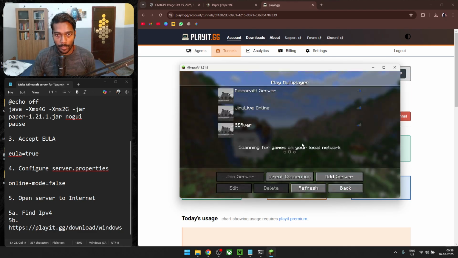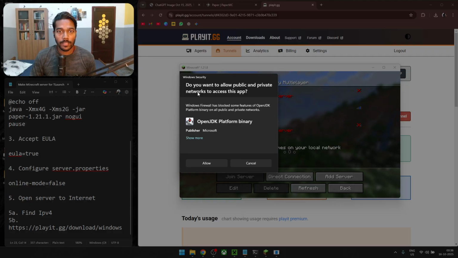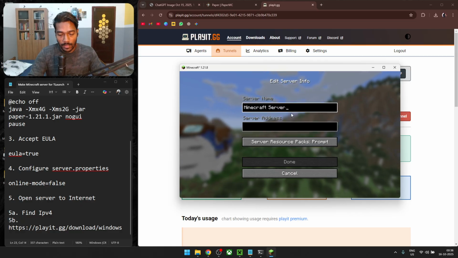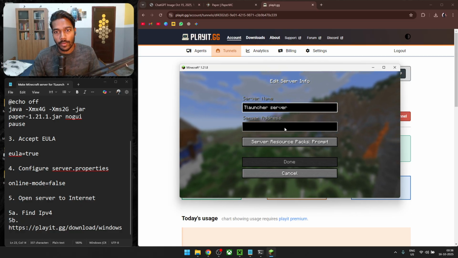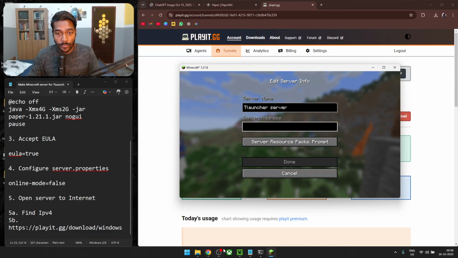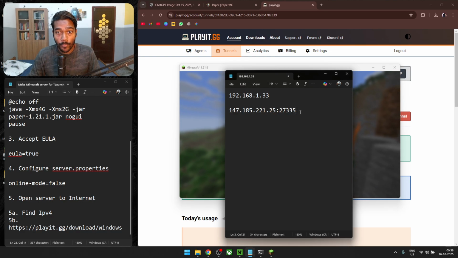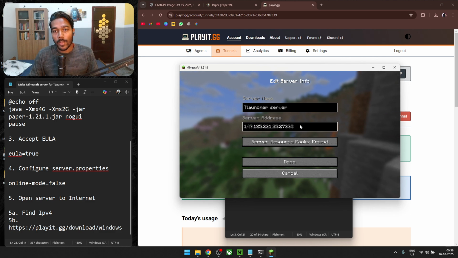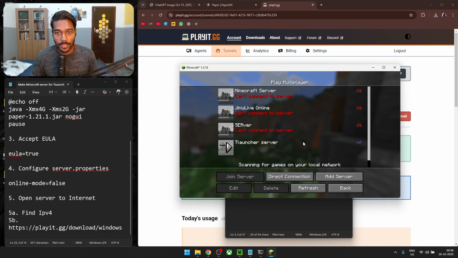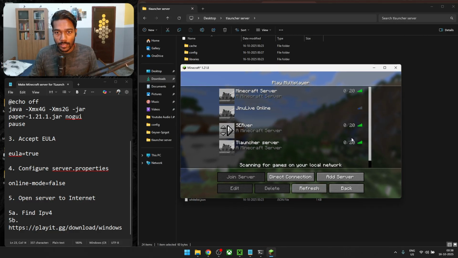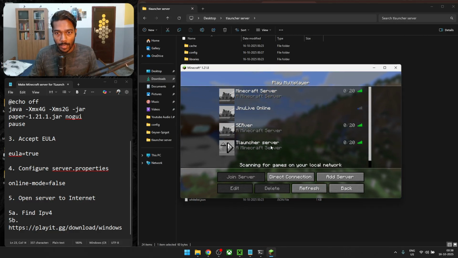and here we need to click multiplayer. So if it's the first time you are opening it, it'll ask for access, so click allow. Now click add server, and in the server name we can give TLauncher server, whatever name you want, and for server address we have to paste the address which we got from playit.gg. So copy this and paste this. And this is the IP which you can share to your friends who can join the server, and click done. Okay, so now you can see the server is actually online, and double click it to join,